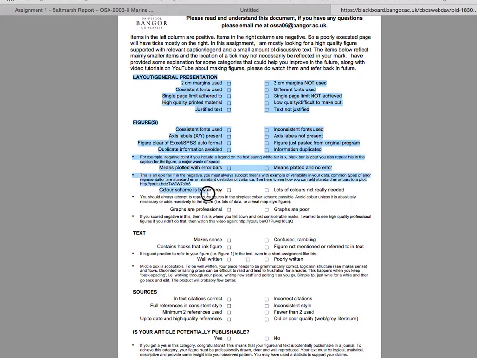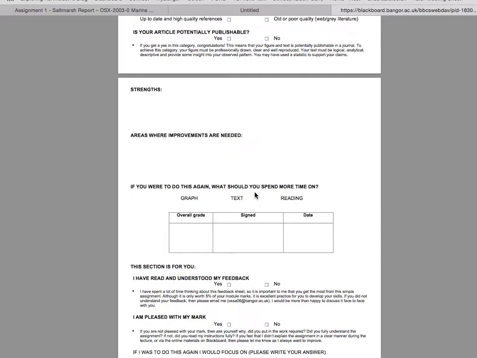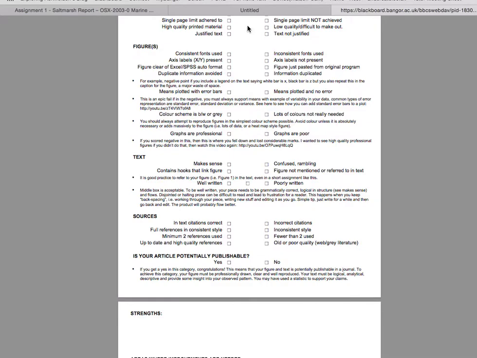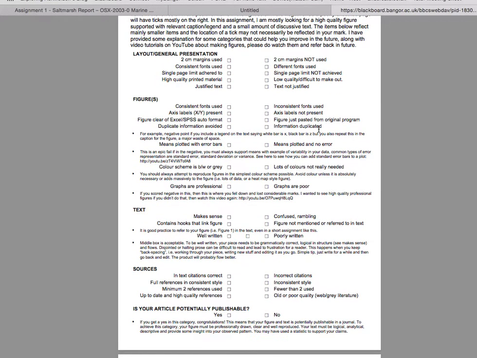So you want to basically be all the way along this side. Okay, you do not want to be on that side. I've got some examples here of what you're going to do, okay, and what you want to achieve. So if you are producing a poor plot with no descriptive text, okay, you haven't used the correct citation, you haven't used 2 centimeter margins, you have not achieved the single page limit, you will not score more than a C, okay? The most critical elements are this one here, professional quality graphs,